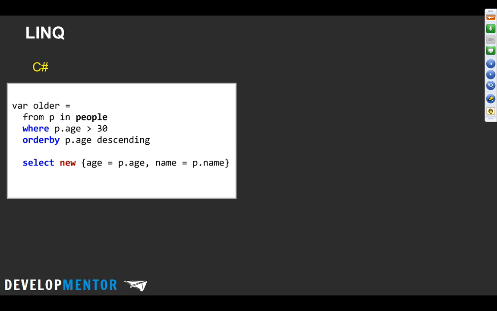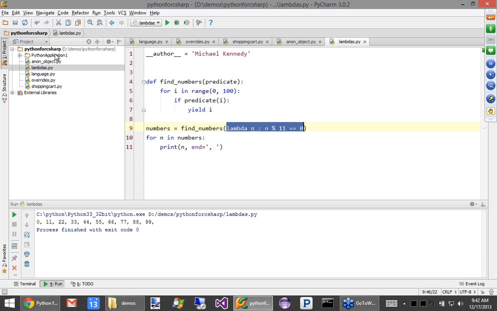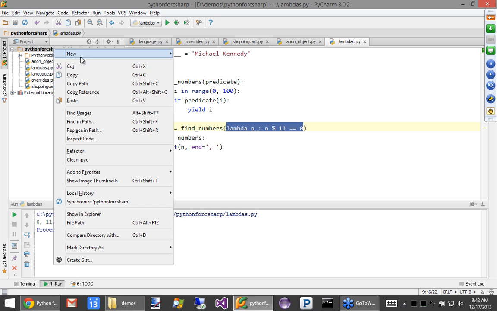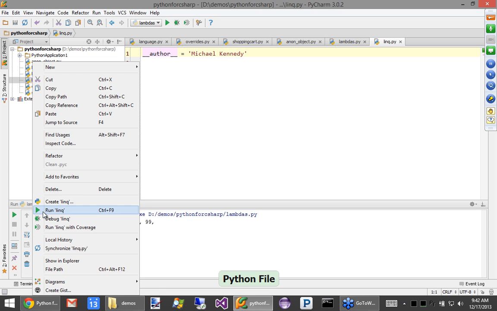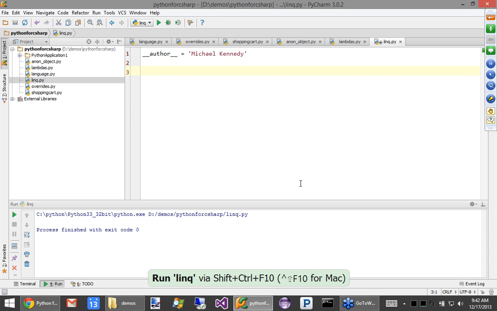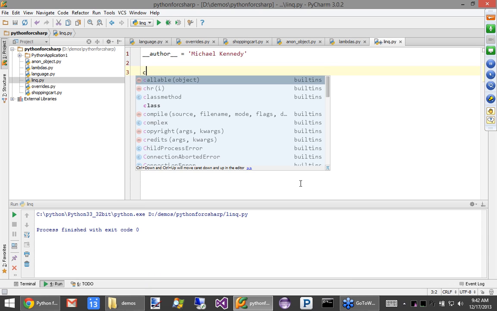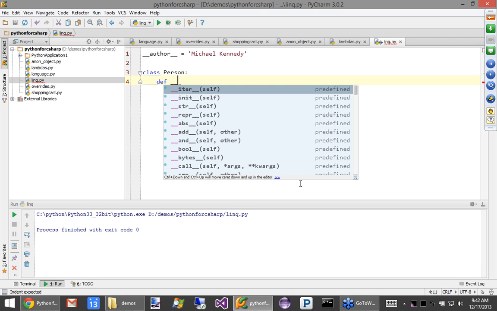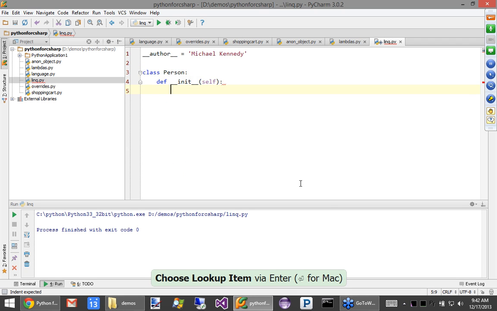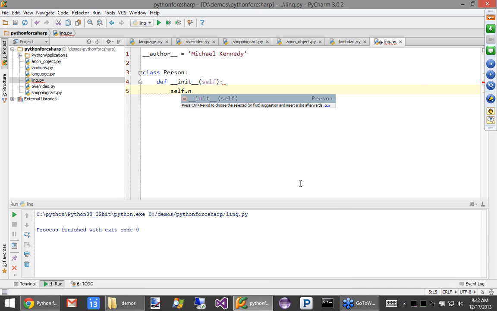So let's go over here and write some code. Let's call it link, keeping our .NET view of the world intact for a moment. Create a link one and set it as the running script. So over here, let's imagine we have a person class. In the constructor, we'll define some attributes.